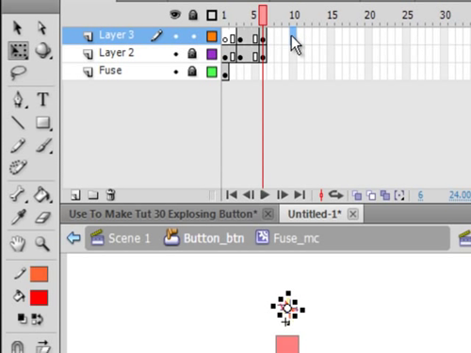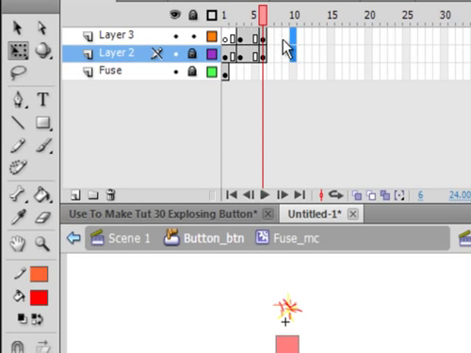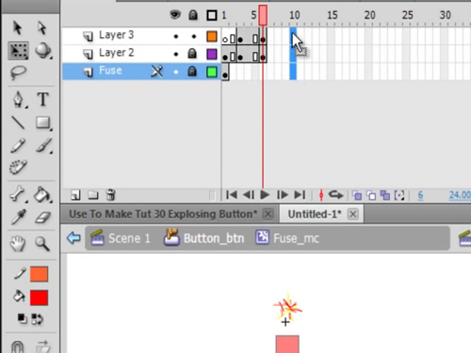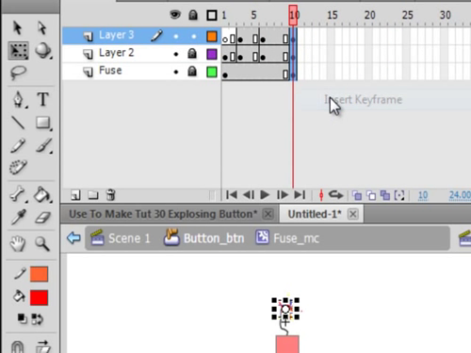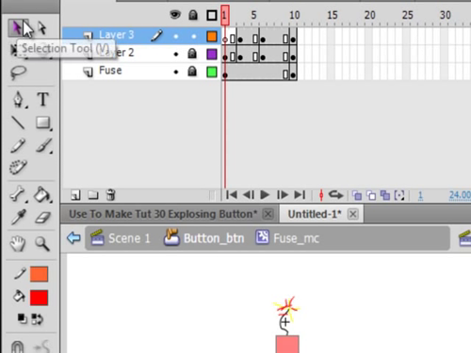and go up to here, pick both of them, and actually let's pick them all because we want to bring the rest of it up, and insert keyframes. So now we have this little bit of animation that's going to go on here. If I look at it,